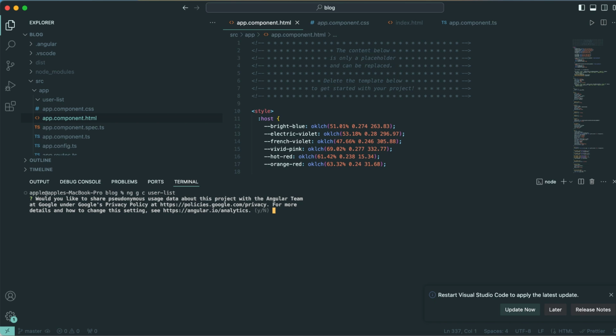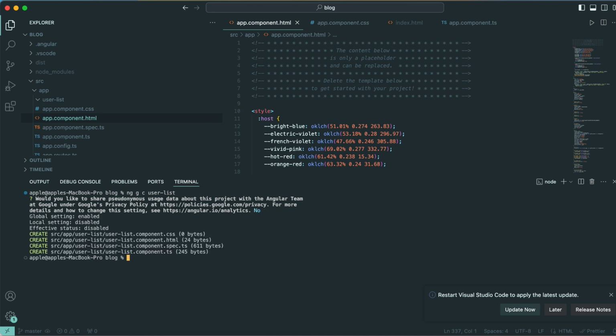Here it is asking: would you like to share user data about this project with the Angular team at Google under the Google privacy policy? For now I'm not going to set it to yes, because it will add a change to the angular.json file as well, and I don't want that at this stage. So I'm going to select no now, and you can see that it started